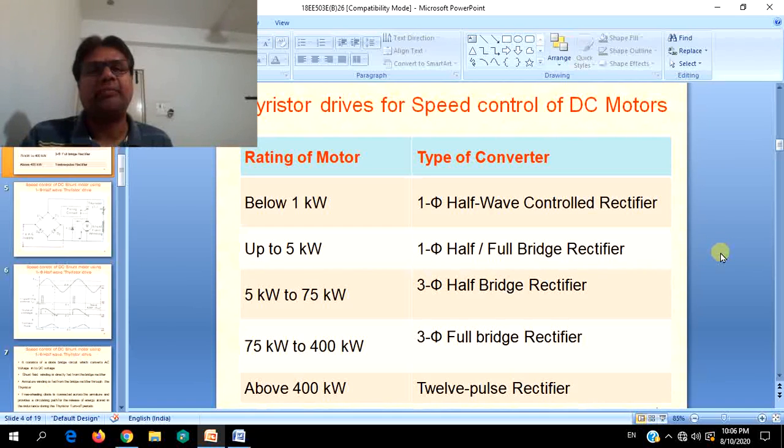So that back EMF during certain instances can be fed back to the source, which is regeneration, which we particularly discussed in case of the 4-quadrant chopper in the previous sessions, where motoring, braking and regeneration were also considered. Because of this regeneration concept, when back EMF is fed back to the source, that will be an instance where the energy stored will be far more than the source supply voltage itself. That is why energy will be fed back through the same freewheeling diode or feedback diodes to the supply.